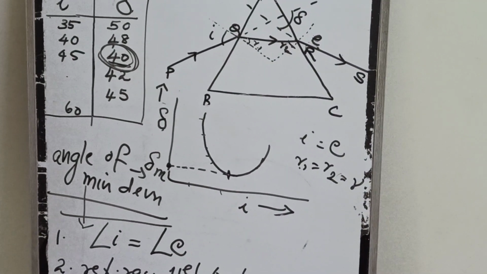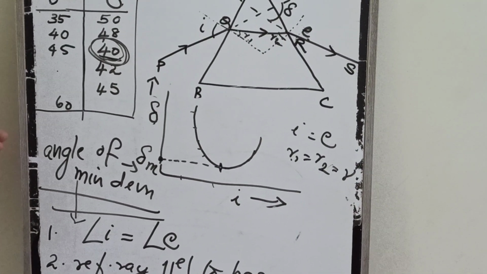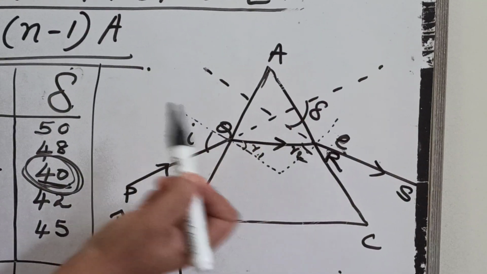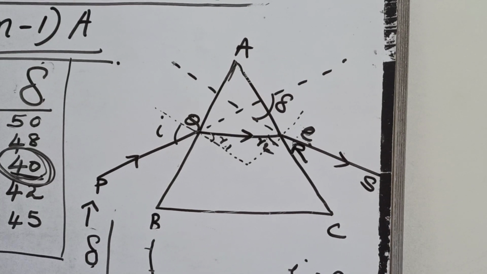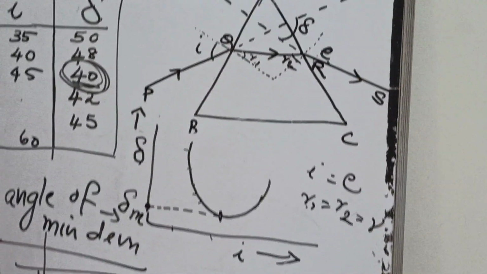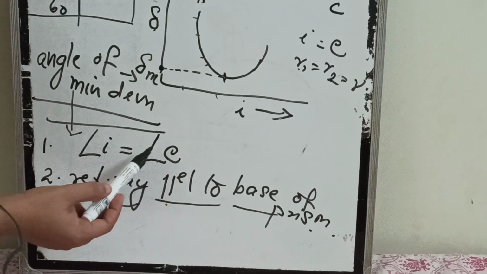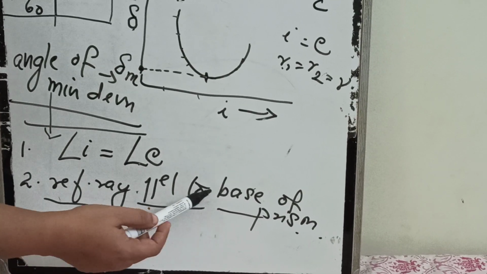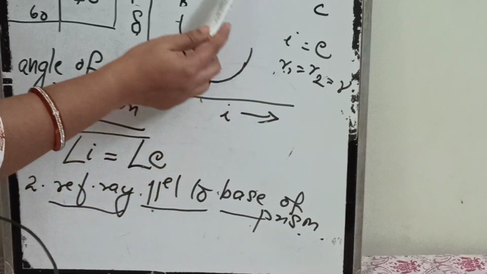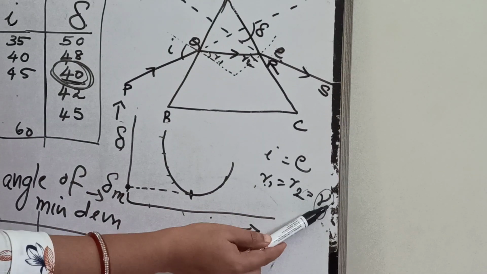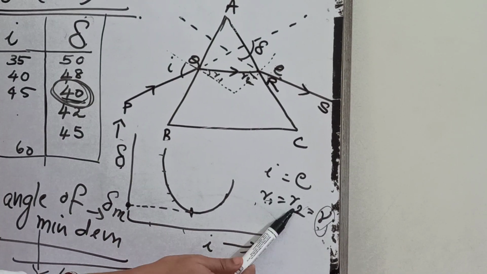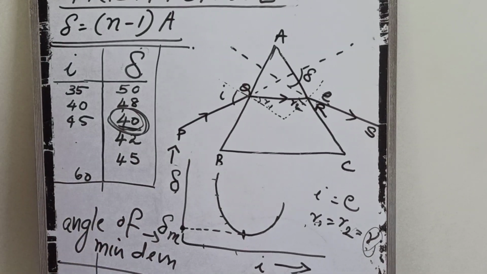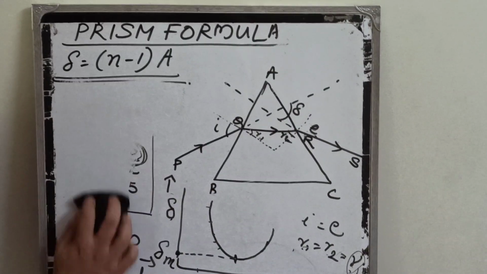So we already defined angle of minimum deviation. It is the angle at which the ray is least deviated inside the prism. Now, what is the significance? Angle of incidence is equal to angle of emergence and the refracted ray passes parallel to the base of the prism. If so, R1 is equal to R2. I take it as a common value R. So, R1 is equal to R and R2 equal to R. These are the conditions. Now, we apply these to the equations that we studied in the last class.